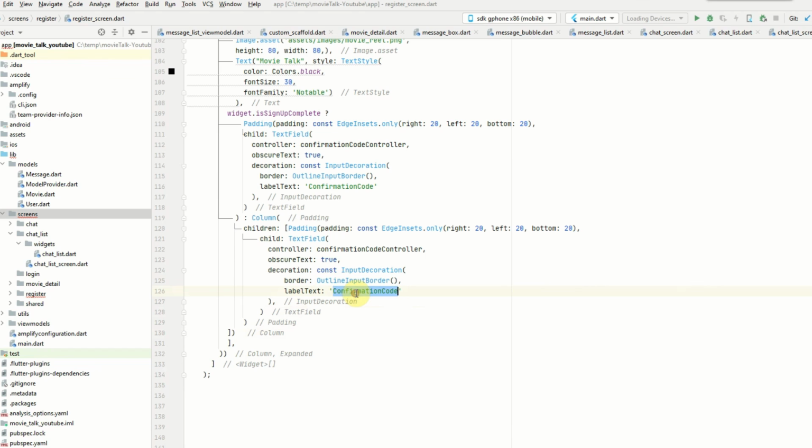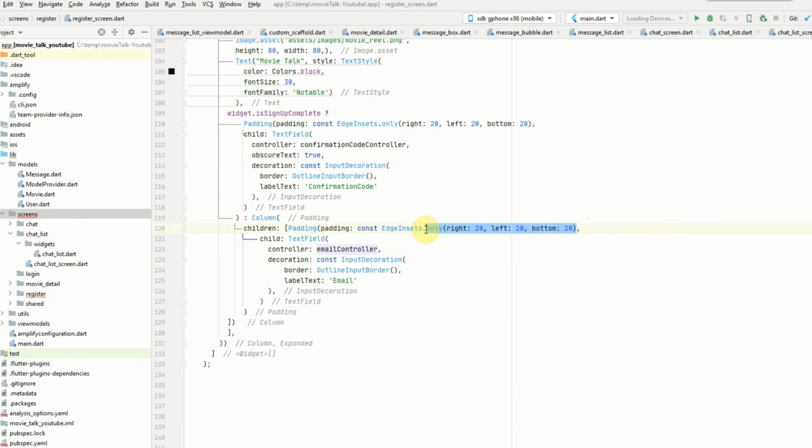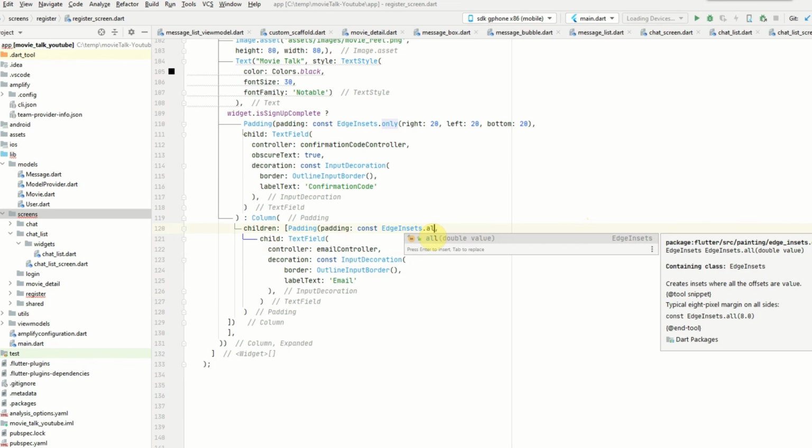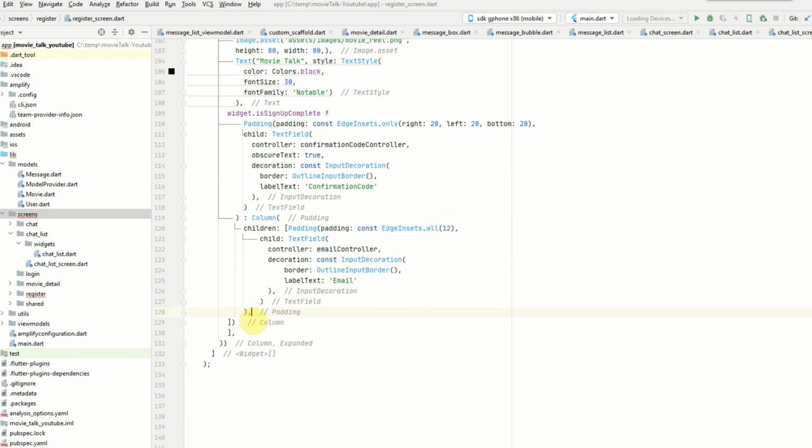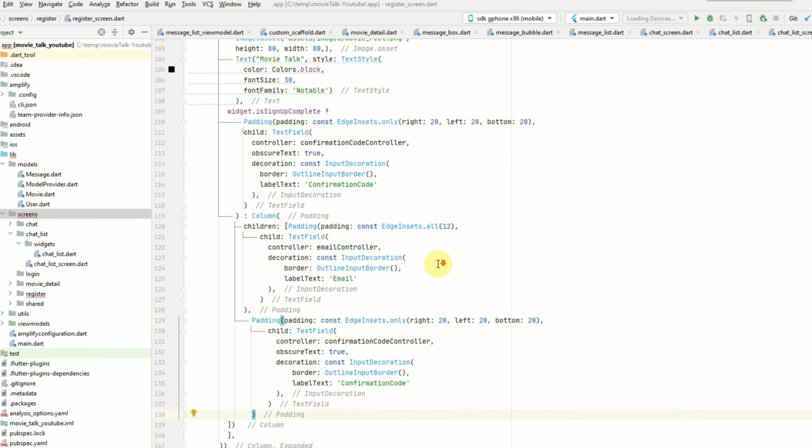So instead of confirmation code, it's going to be email. This is all going to stay the same. Obscure text is going to be removed. The controller will be the email controller, and the padding is going to change also. It's going to be EdgeInsets.all,